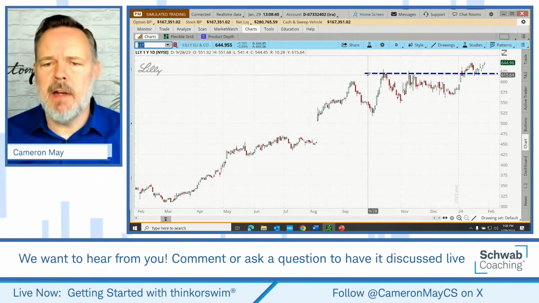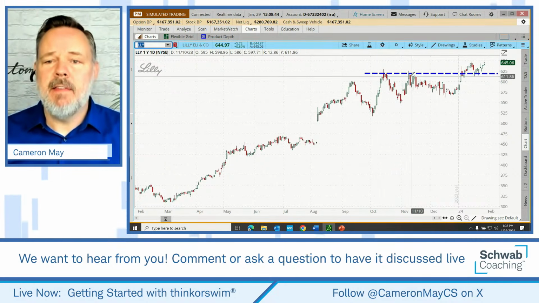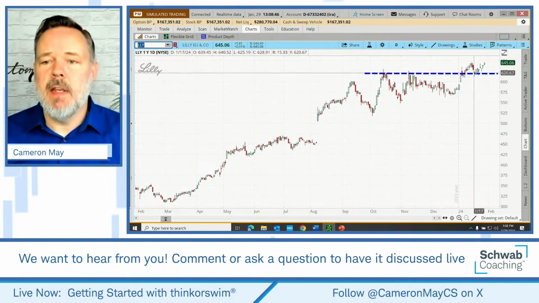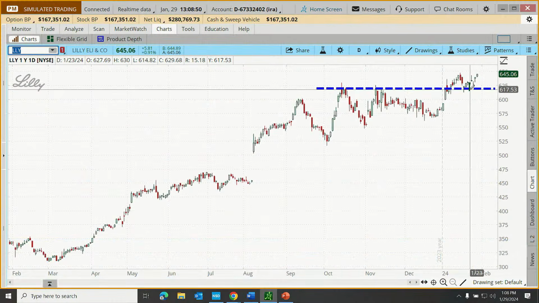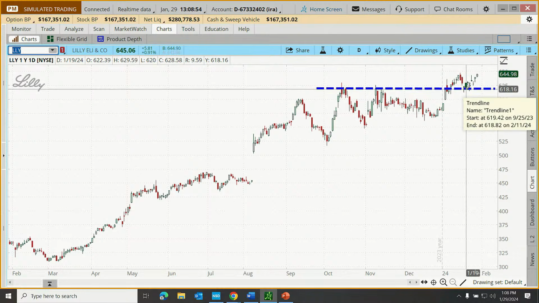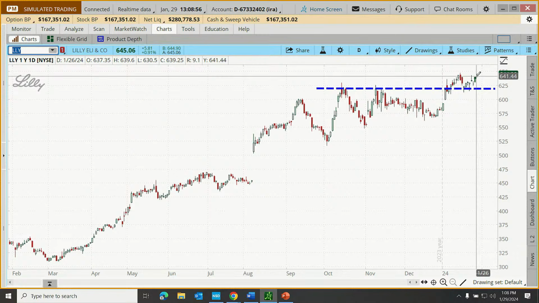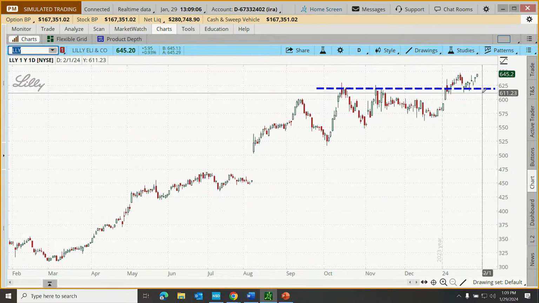Maybe our technician out there has noticed that Eli Lilly appears to have had a price ceiling at about $620, and then they pushed up and through, and that previous price ceiling recently is acting as a new price floor. For a technician, that might mean that old resistance is acting as new support, and they see price starting to rise again. Maybe they think that Eli Lilly is about to go on a nice run. But they also suspect it could turn around, come right back down. If it breaks down below 620, maybe we don't want to be hanging on to this.